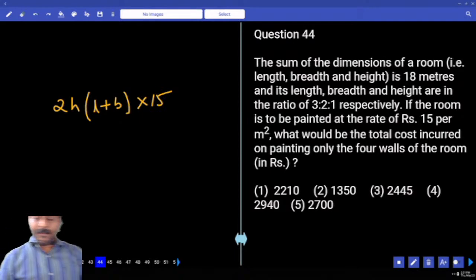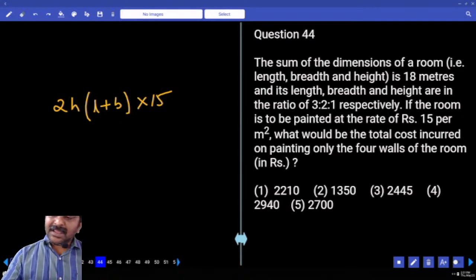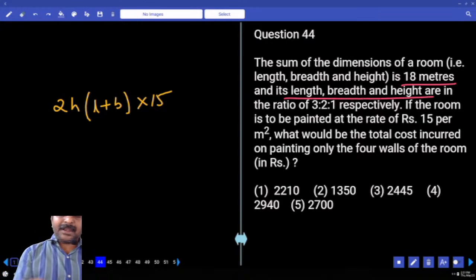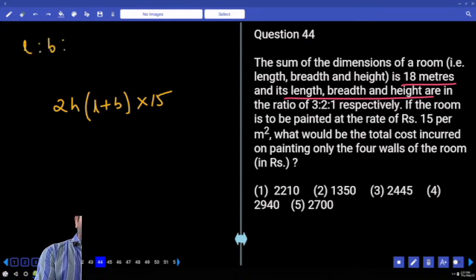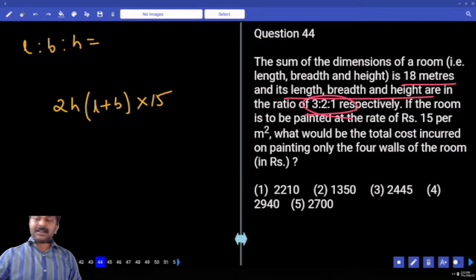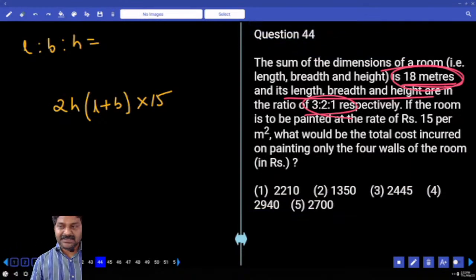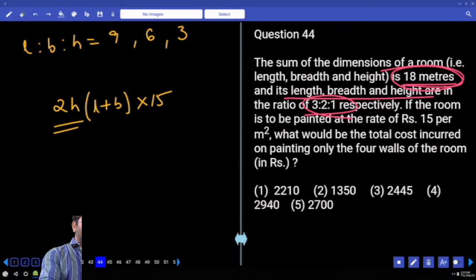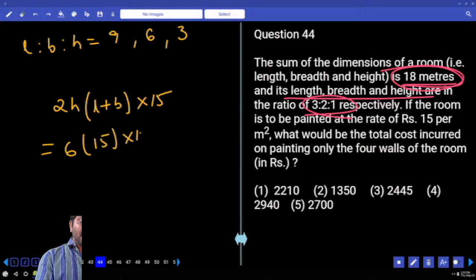Now, the sum mentioned is 18, length, breadth, height, ratio mentioned as how many parts total? 6 parts is equal to 18, 1 part is equal to 3, 3 threes, which is length, 3 twos 6, 3 ones 3. Yes. What is height? What is height? 2H into L plus B, right,